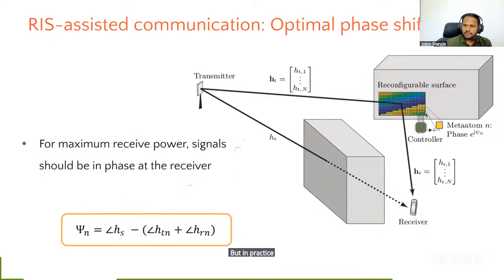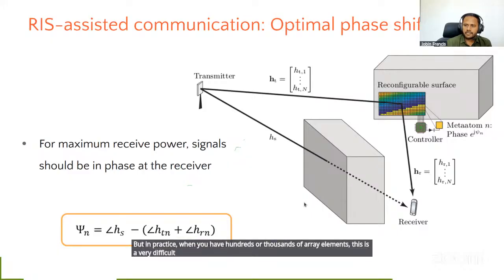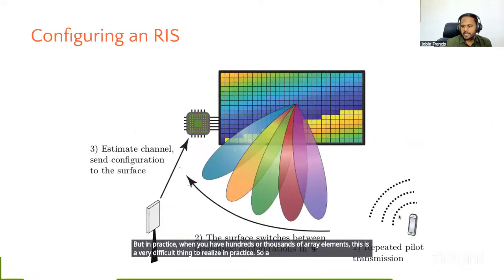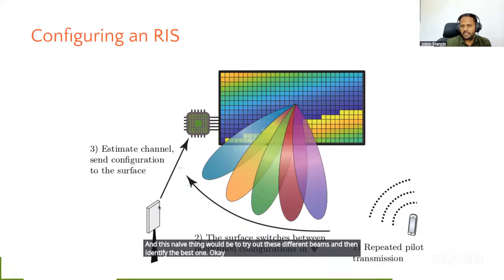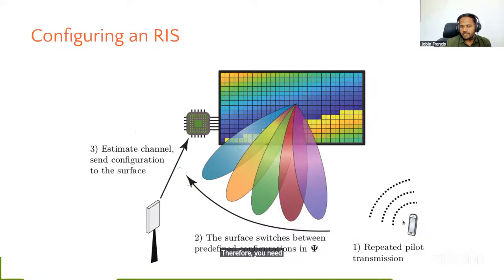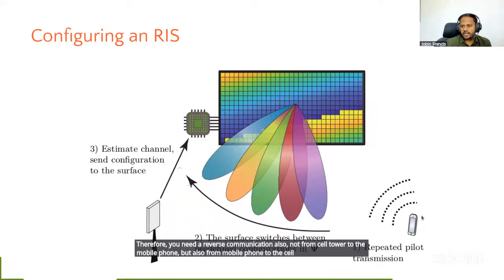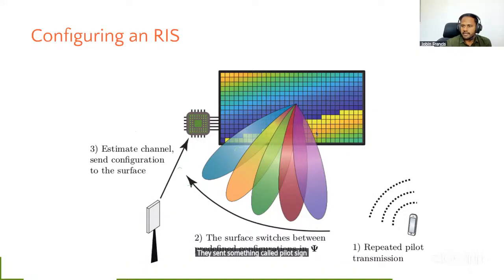But in practice, when you have hundreds or thousands of array elements, this is a very difficult thing to realize. So a simpler and more practical solution is to have fewer options. You have a discrete set of beams, and the naive thing would be to try out these different beams and then identify the best one. Therefore, you need a reverse communication also, not only from the cell tower to the mobile phone, but also from the mobile phone to the cell tower. Any mobile phone, even our current 5G phones, sends something called pilot signals,